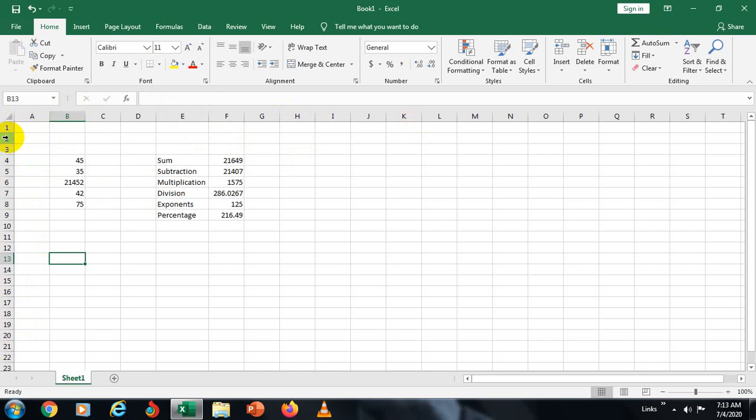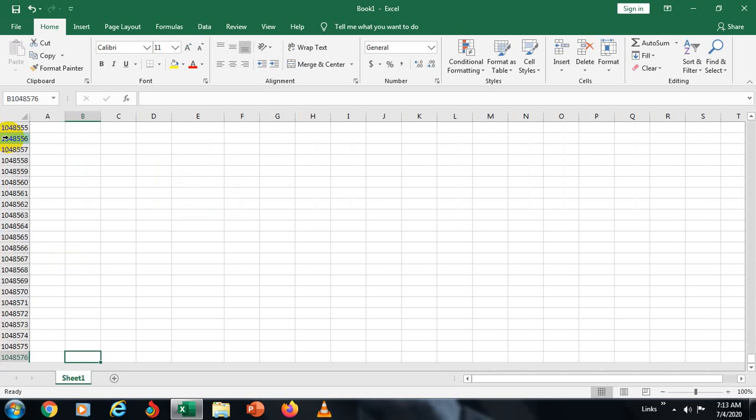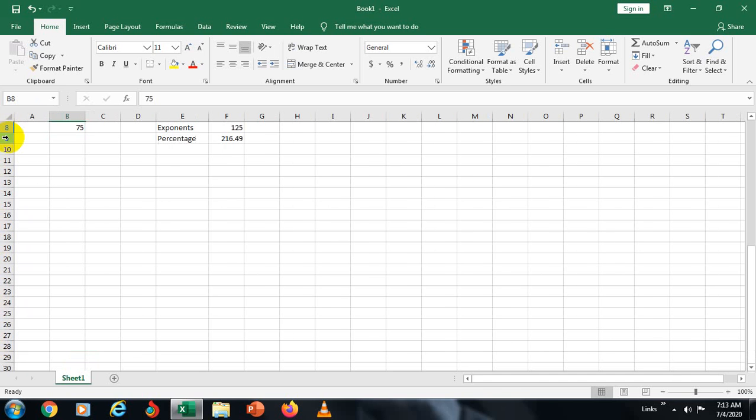Control Shift 2. I pressed the key combination, Control Shift 2, the number 2 on the right. You can see the last row number. Can you see it? Again, if we want to go to the first row, how to get back? Okay, Control Shift and press 8. It will take you to the first.